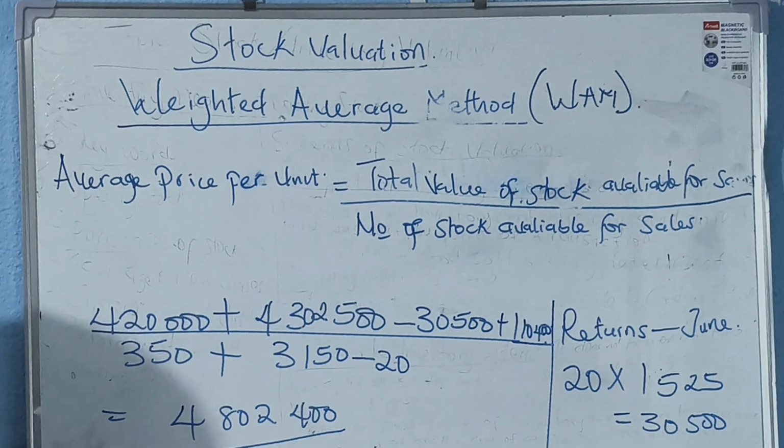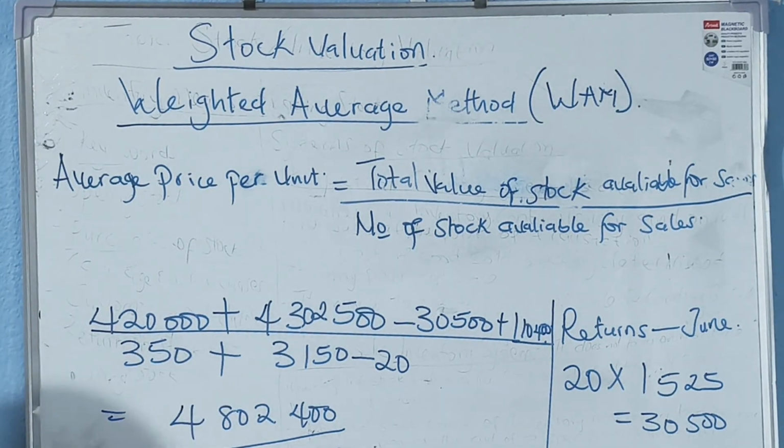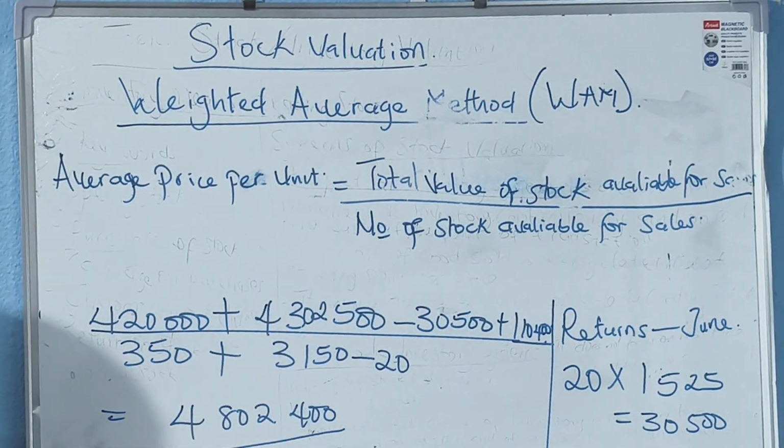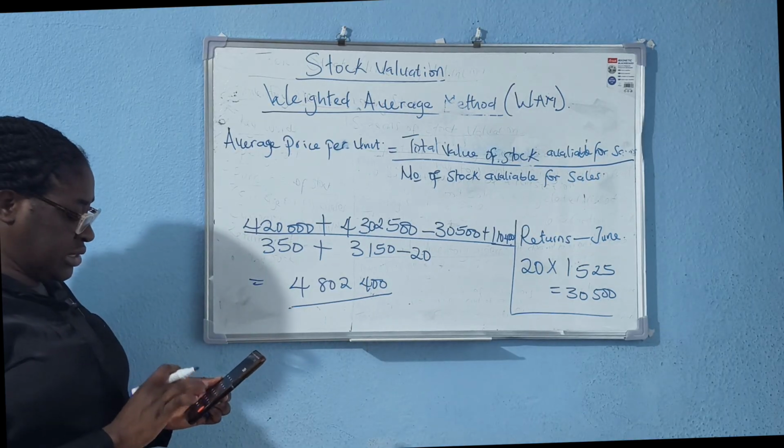Then I divide that by the units available for sales, which will be 350 plus